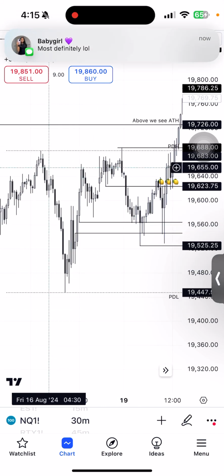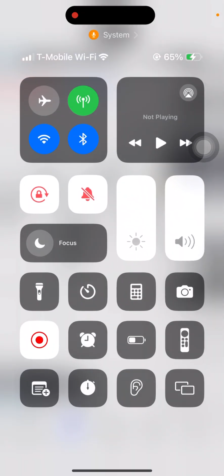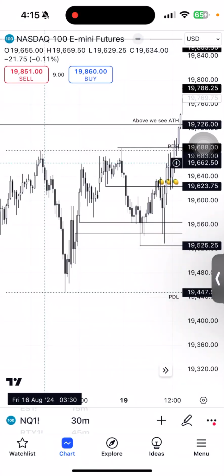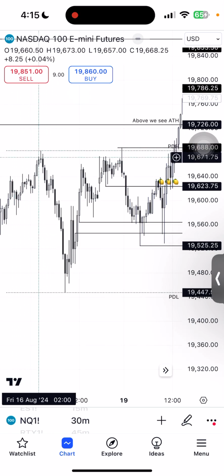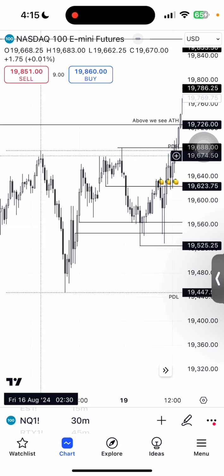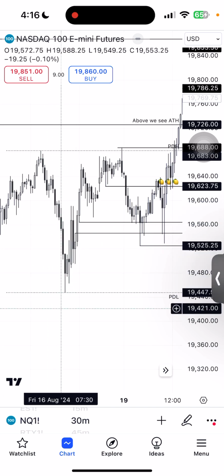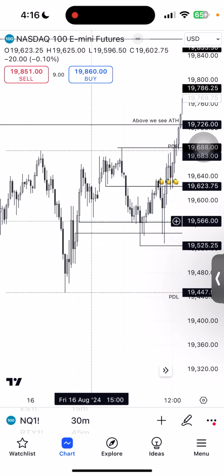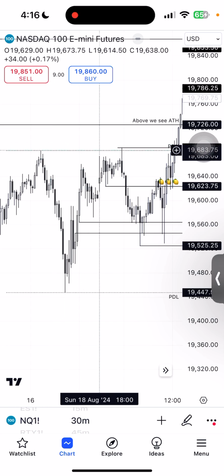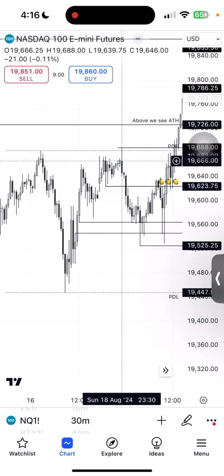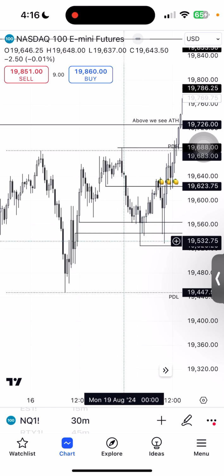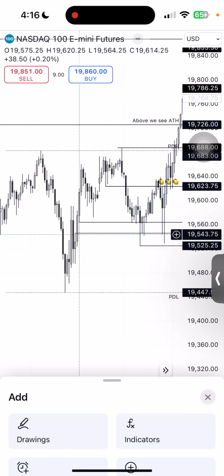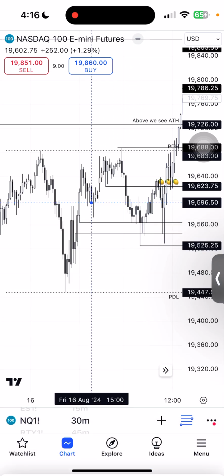Price has put in a high here Friday, moved down. Price moved up, put in a higher low, moved up, took out liquidity up there, and it's coming into the day, sold off overnight, and pushed down into not only an imbalance,